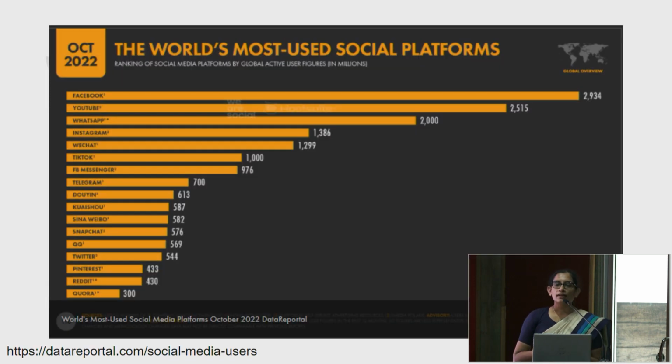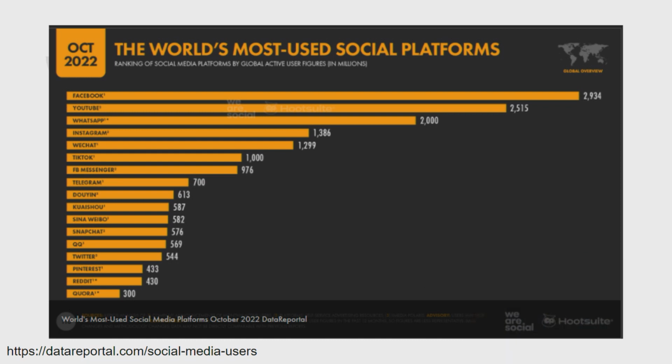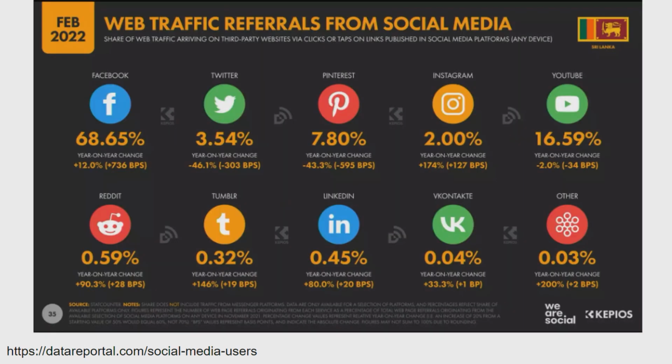So what are the platforms we have? I'm not going to spend too much time on that. We all know what we have: Facebook, YouTube, WhatsApp, Instagram, Twitter, whatnot. We have the technology at our fingertips, on our laptops, on our smartphones. Everything is there. And we are not alien to these technologies. We are already accessing them. This is the statistics for Sri Lanka. We are already on the internet. We are using all these technologies.